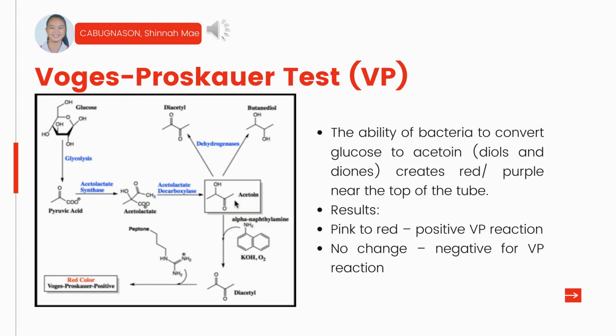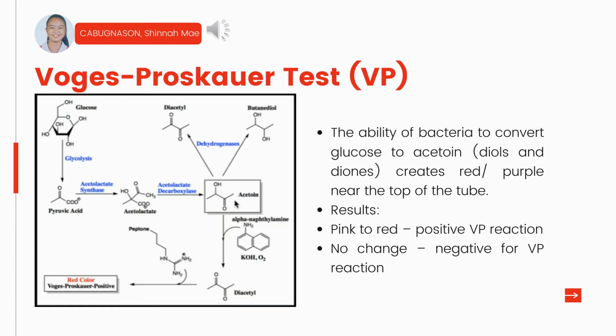It turns out that pyruvic acid can be converted ultimately through a series of two enzymes to a molecule called acetoin. Now, acetoin is not directly what we're measuring, but it is involved in the series of metabolic transformations. We can form various compounds like diols or diones. So, if we have a bacteria that can produce acetoin, what we can actually do is put in a series of reagents, and we can convert the acetoin in the absence of enzymes to diones called diacetyl.